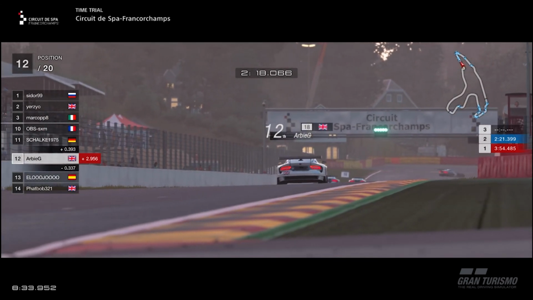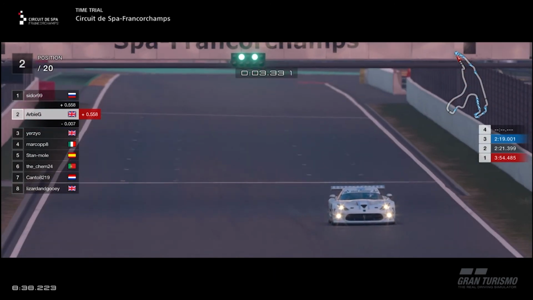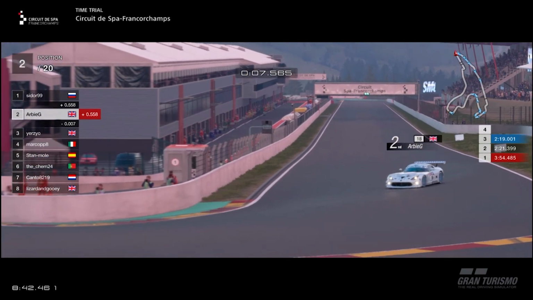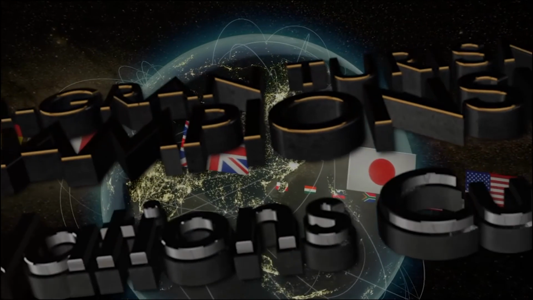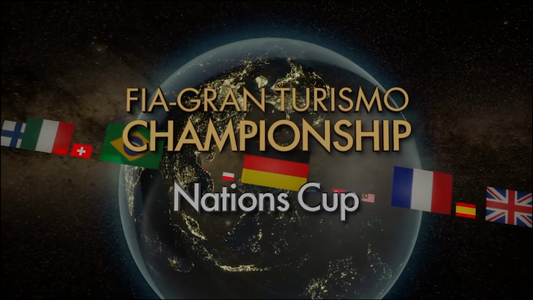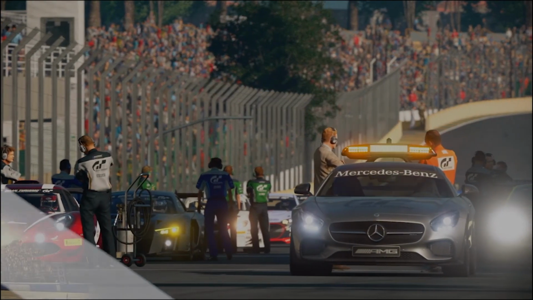And we finish there with a 219 flat, which is a little bit off from my practice. My best practice was 217.4, so we're a little bit behind my practice pace, but let's see where that 219 puts us on the grid as we now go into the glorious and over the top and very, very self-indulgent FIA Nations Cup cinematic,